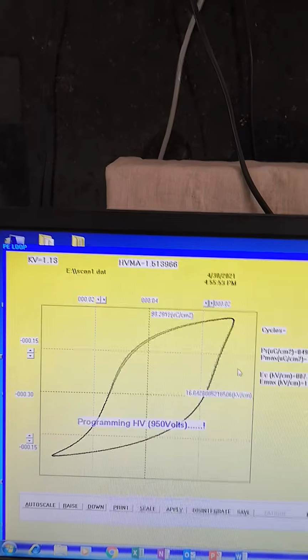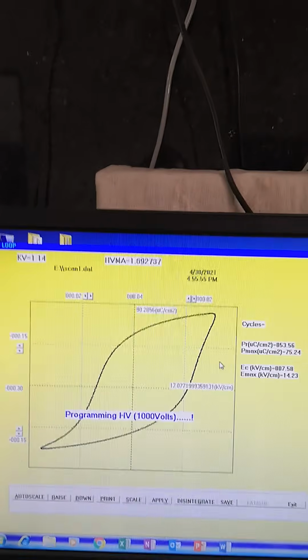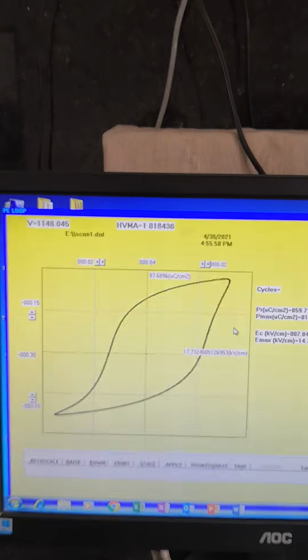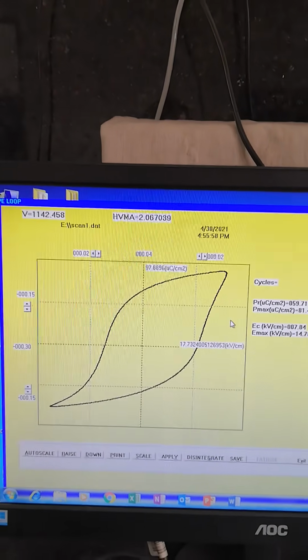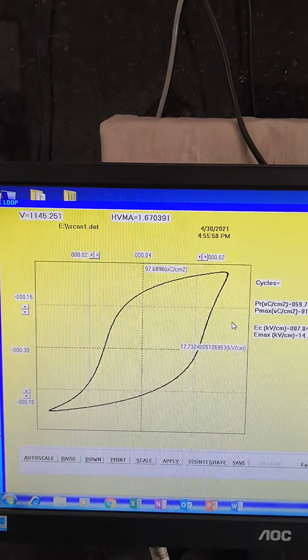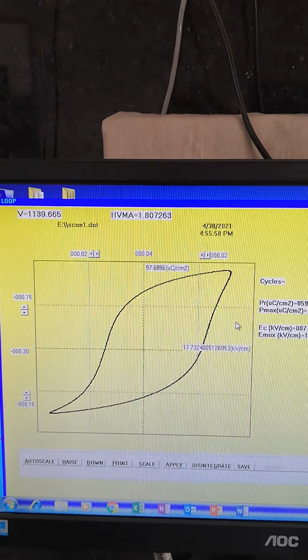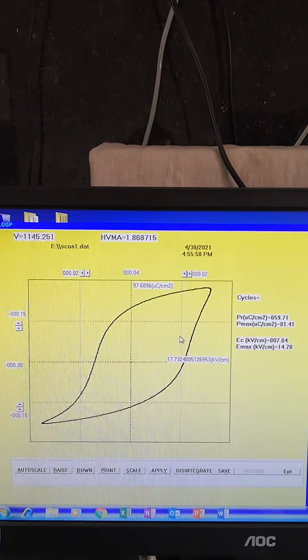This is a very good P loop for any sample. If any sample shows such kind of a loop, it means it's a very good ferroelectric material. So this is a good loop.